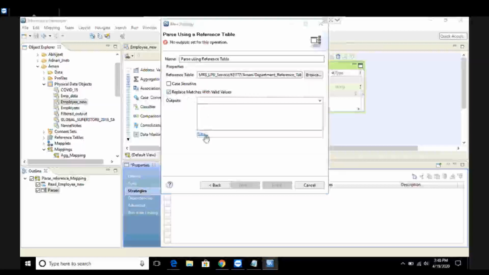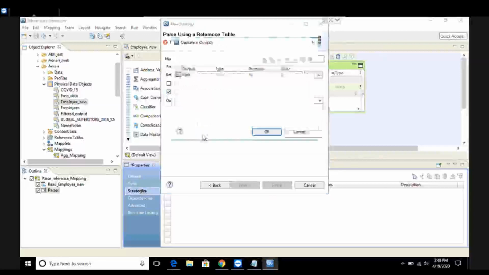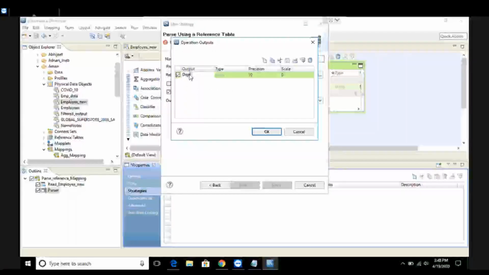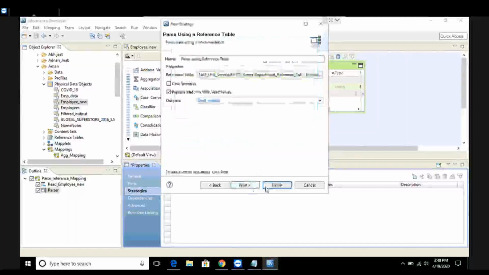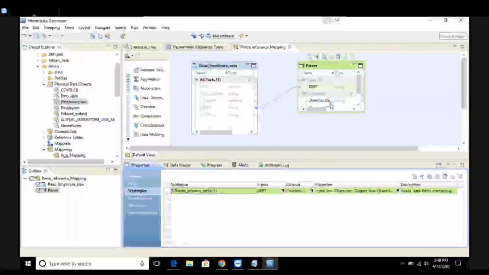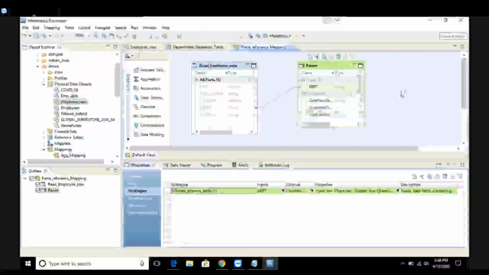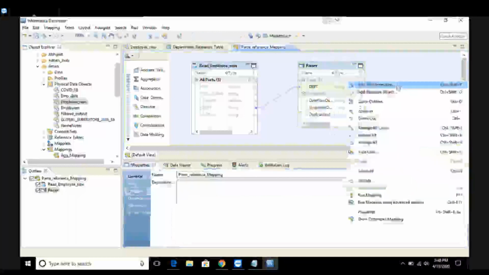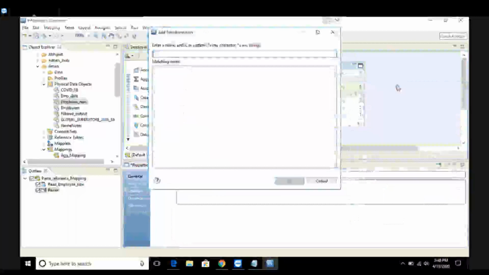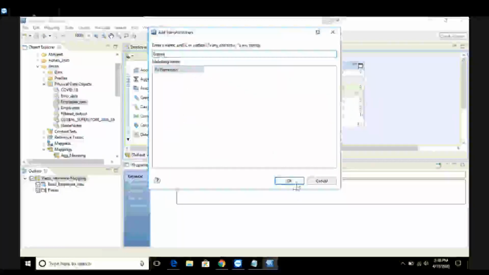I have not created any output port, so I'll click on new and create an output port. Department underscore output, and I click on OK and I click on finish. Right, now I'll use an expression. I click add transformation expression and I click on OK.